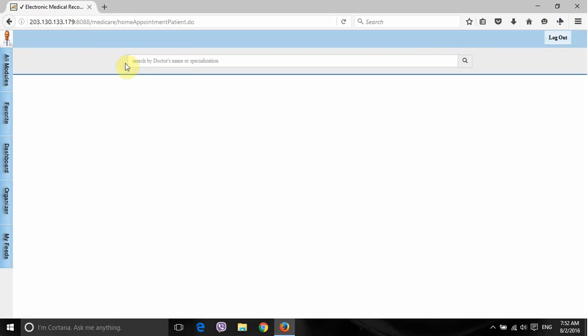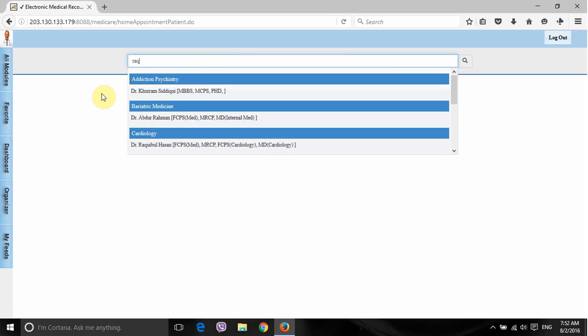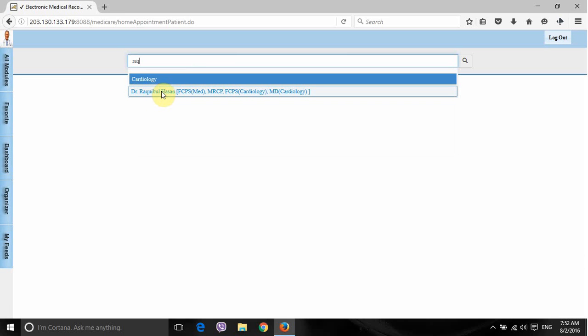Here we see a search box by the doctor's name or by specialization. For example, if you want to have an appointment for a cardiac patient, we can just select CAR, and we get in cardiology and cardiovascular surgery, we get the names of the doctors. Instead of specifying the specialization, you can also specify the name of the doctor. For example, Dr. Rokibul Hassan is under cardiology. So I'm going to select Dr. Rokibul Hassan,